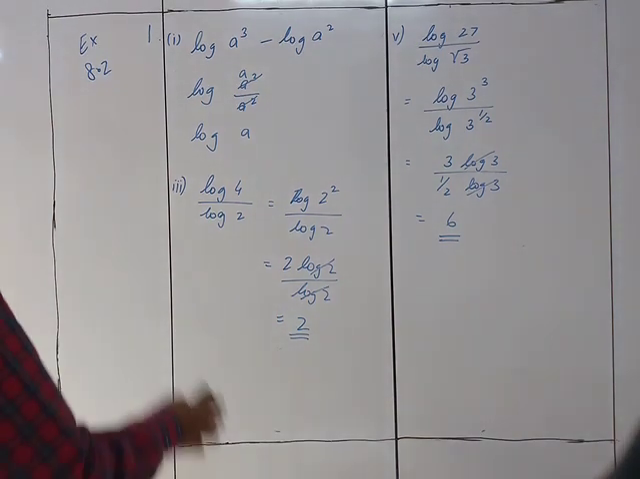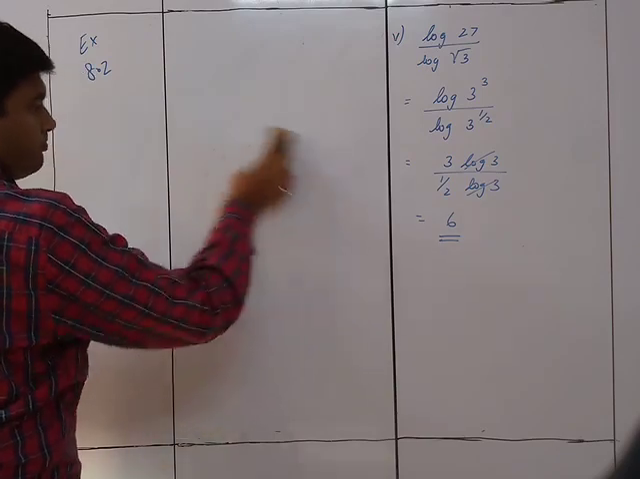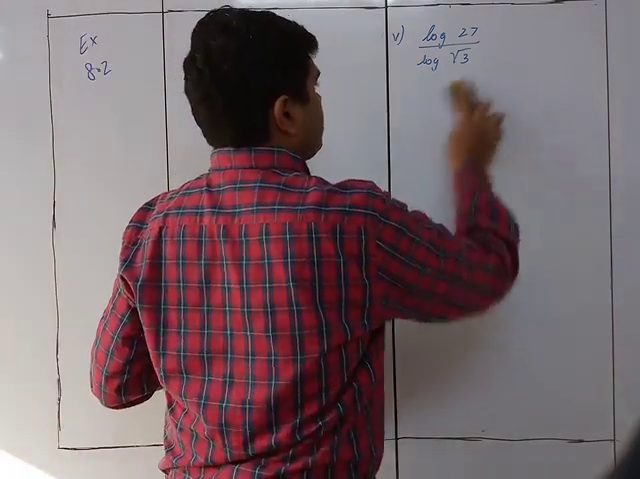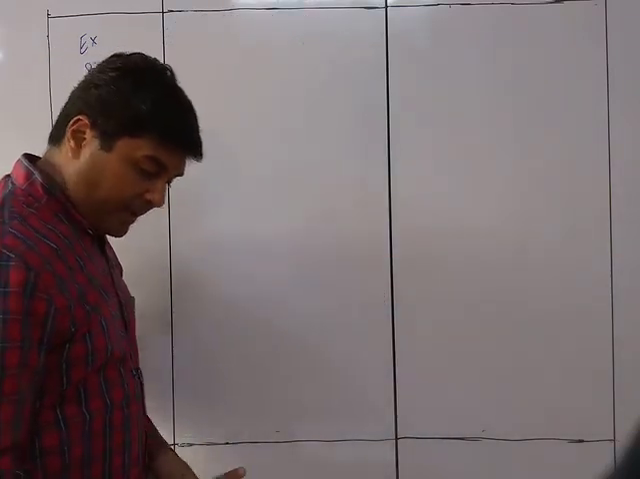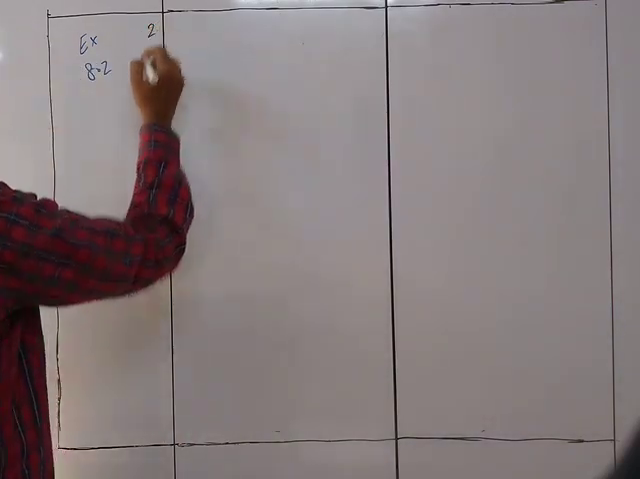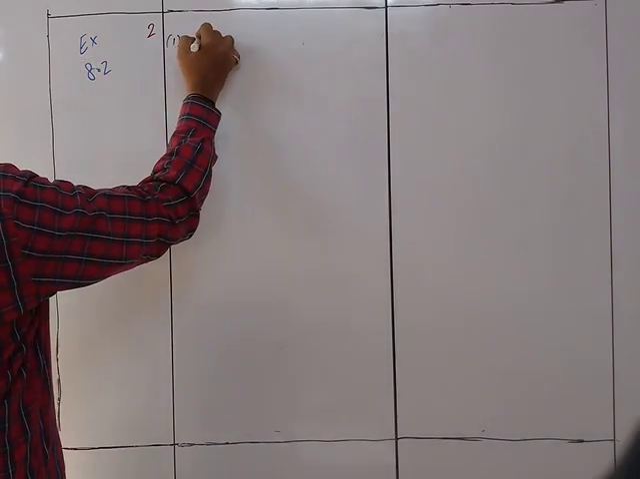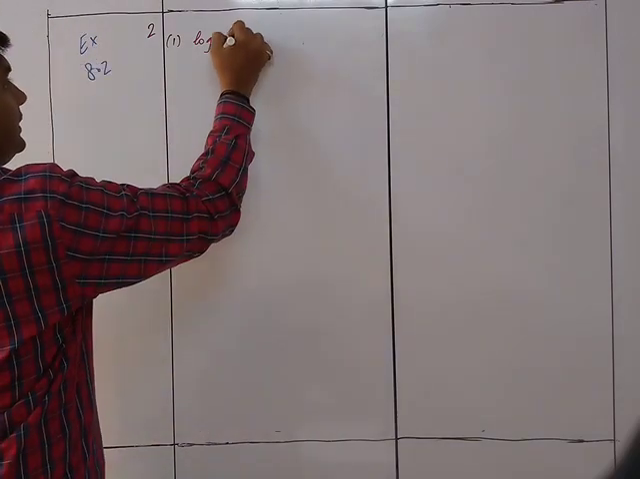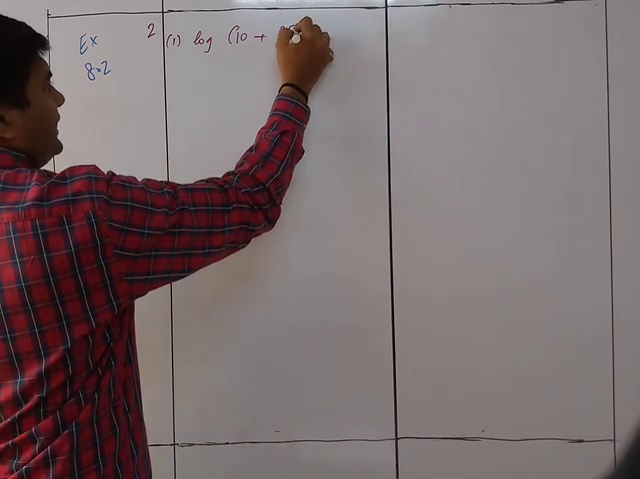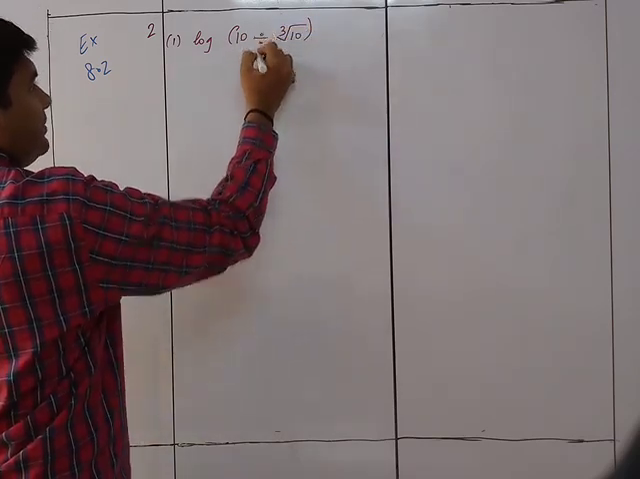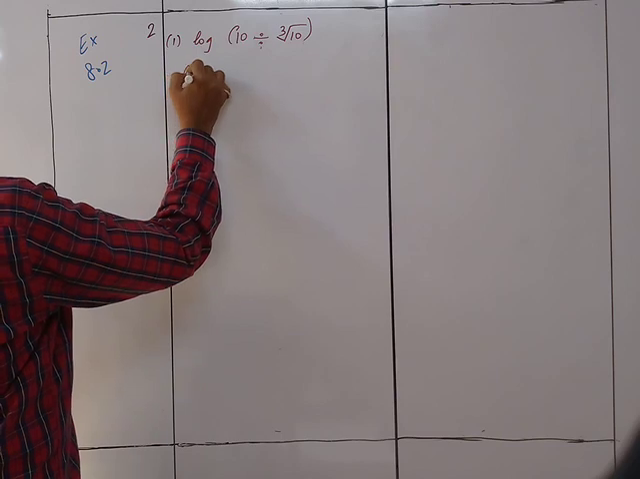We move on to sum number 2. Okay, question number 2, we have evaluate first one, log of 10 divided by cube root of 10. Okay. So it is log of 10